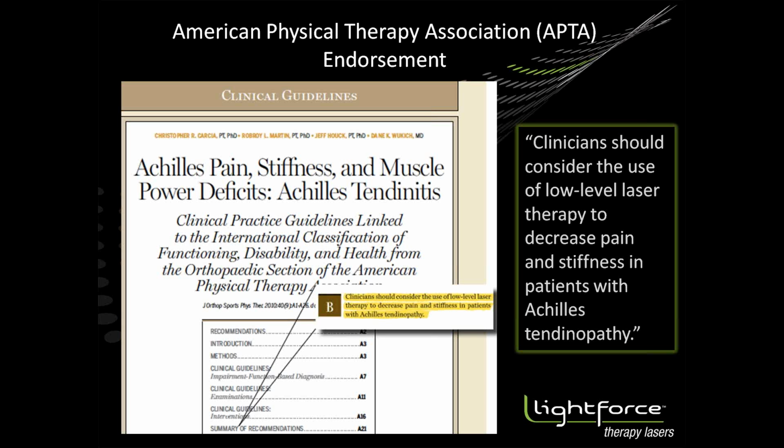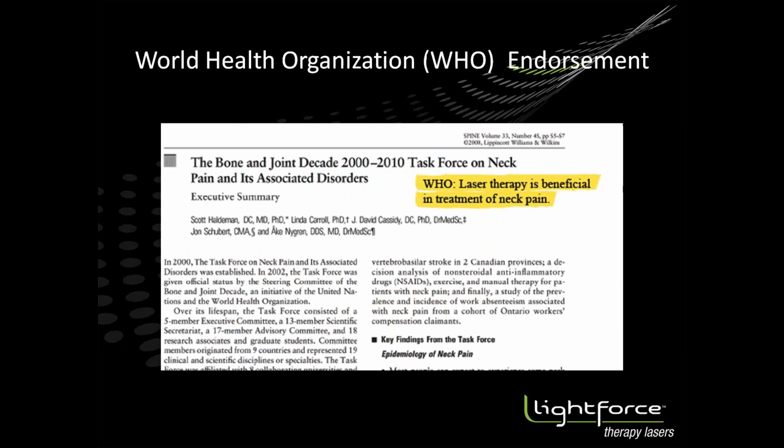So first off here, the American Physical Therapy Association, their orthopedic section, has endorsed the use of laser therapy for Achilles tendinopathy. So you can go to the next slide. But this is clearly a win for the technology, and we continue to see benefits in Achilles tendinopathy and really in tendon injuries in general. There are a couple of papers that have recently been produced and another couple that are coming out this year, really starting to drive home the application and the evidence-based medicine for laser in those tendon injuries.